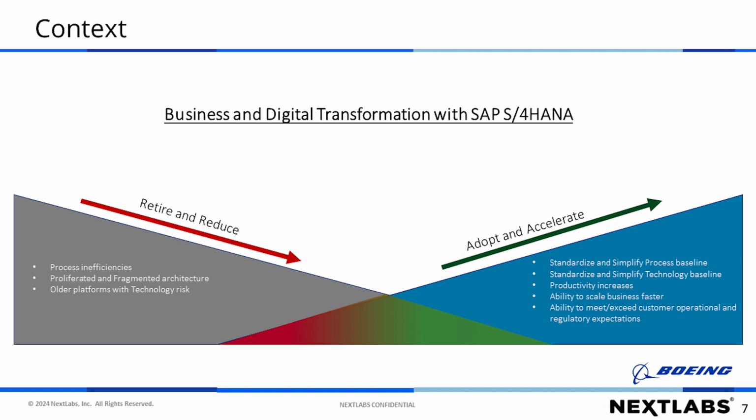The whole idea of this business transformation is that we wanted to standardize our process portfolio and improve the process efficiencies. And the second part is our application architecture. It's pretty fragmented, and we want to consolidate and have a standard portfolio of platforms and solutions, whether it's SaaS solutions or applications that we are going to host. And again, we're just going to consolidate that. And then as we do that, we also want to eliminate and retire applications that are a technology risk for us in our landscape. And that's the whole goal of this particular